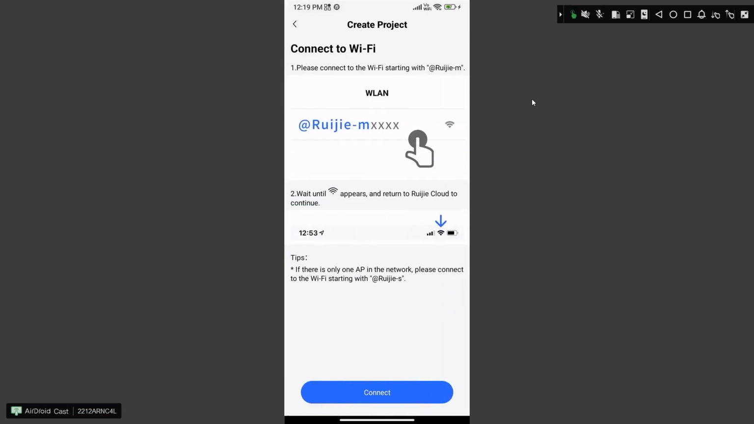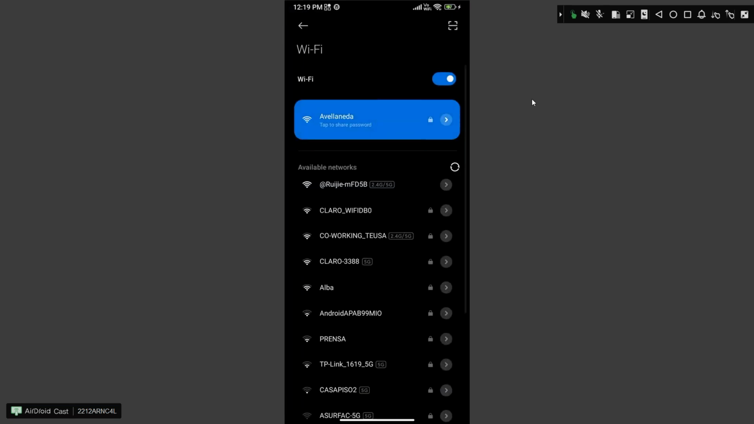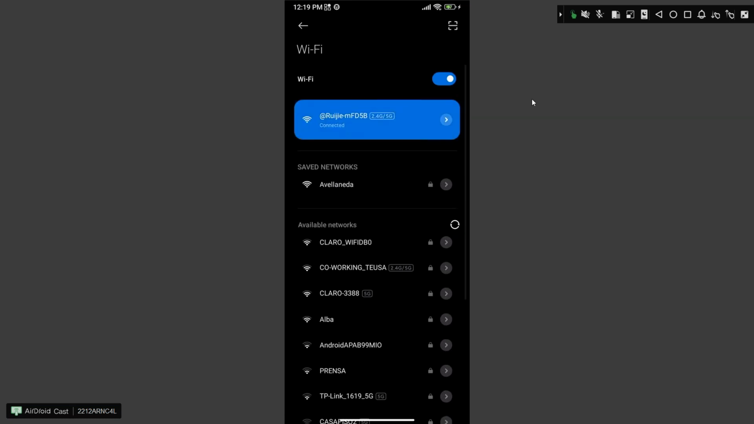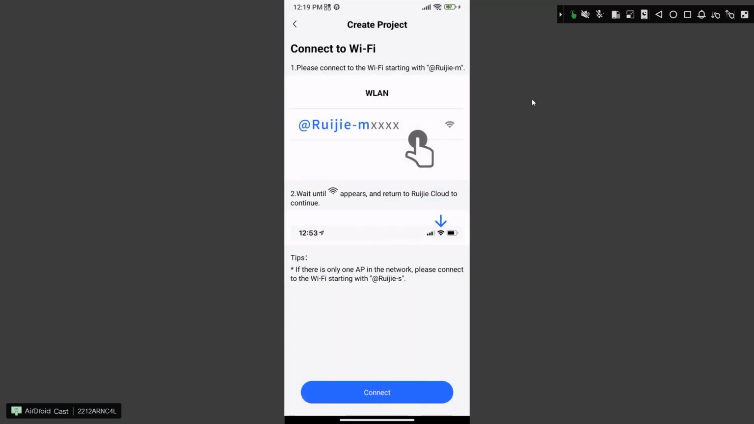We click on start, and it will show you how to search for the network called REYEE M, the access point, and we click on connect. So here we find the network and it is plugged in. If we come back and we click on connect, sorry,